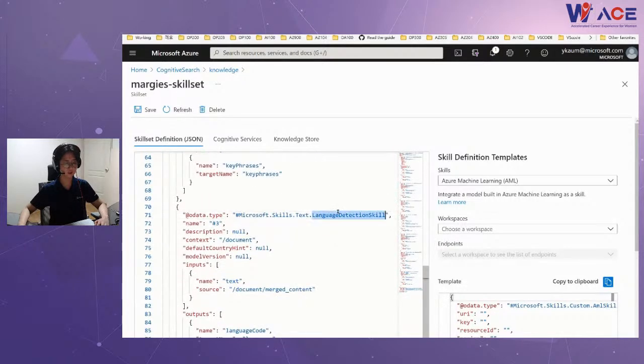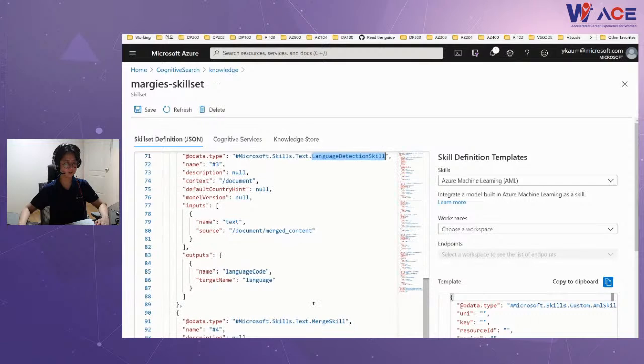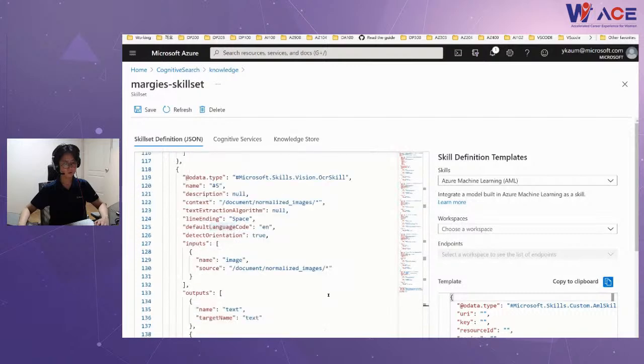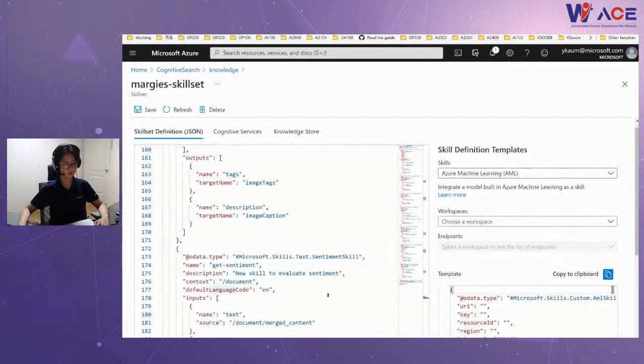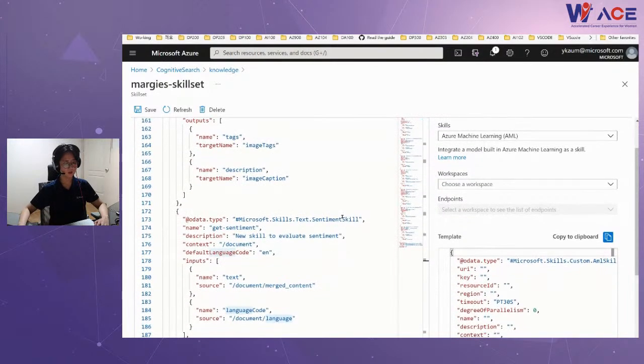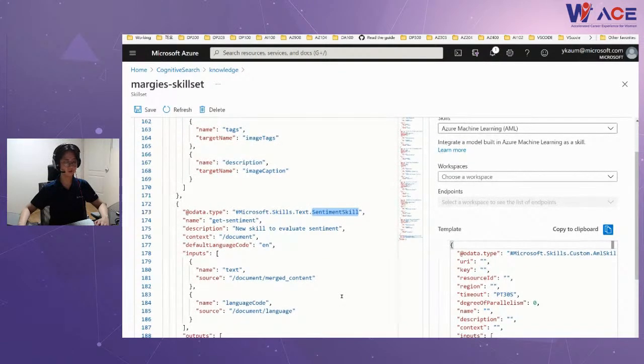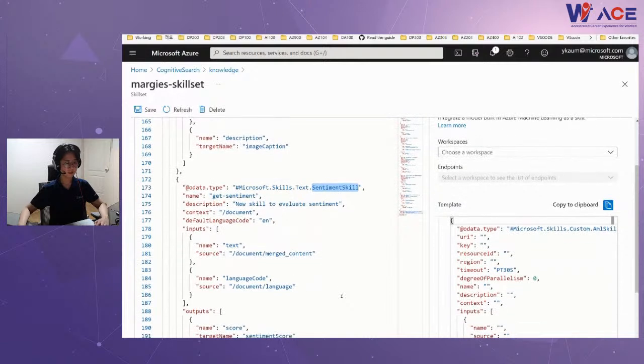For the language detection of cognitive services, based on merged contents, as an output, it detects the language. So let me scroll down more. Okay. With sentiment analysis of cognitive services, as an input, it also uses the merged contents.